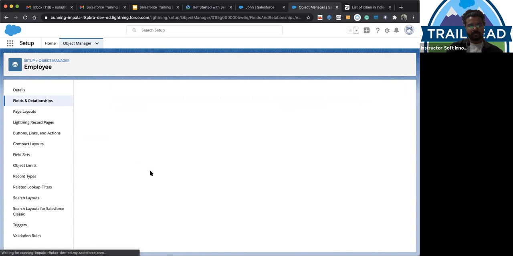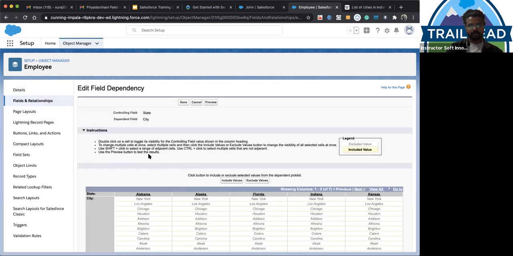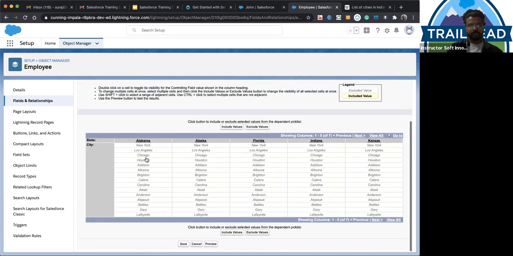Then we hit continue. As you can see, for Alabama, we have, I forget the name.